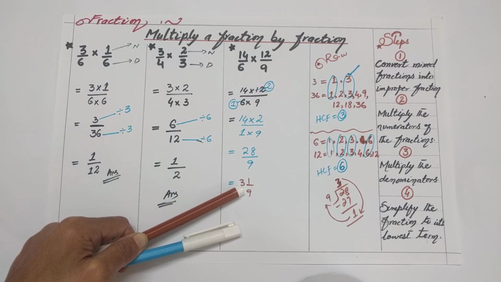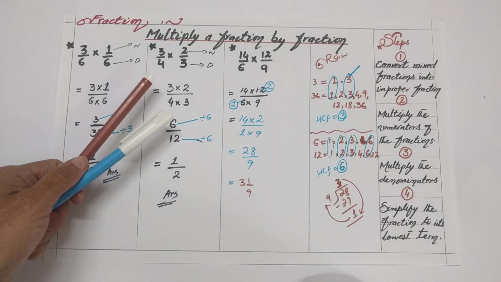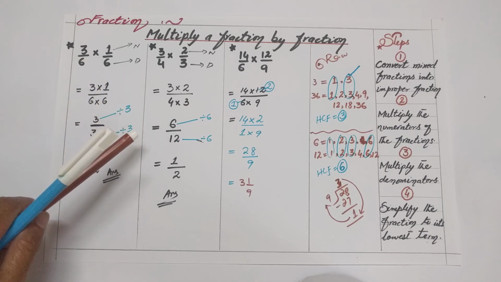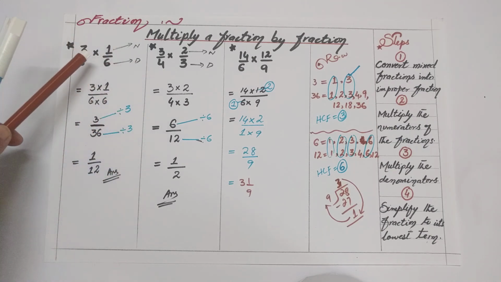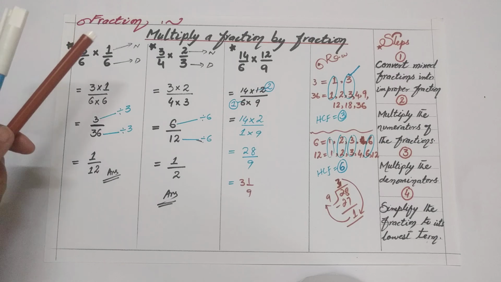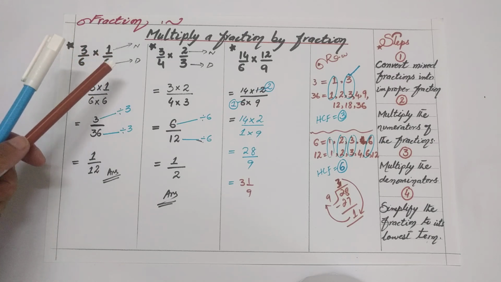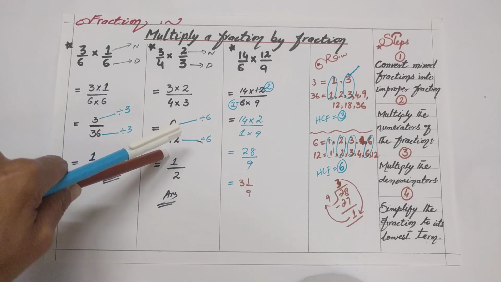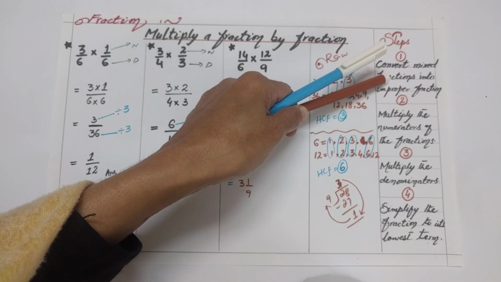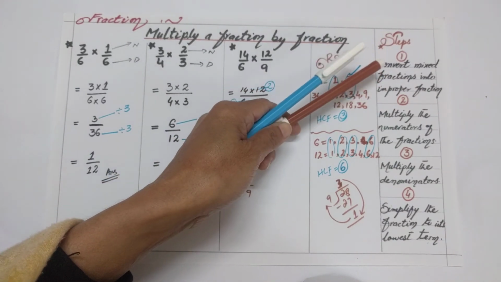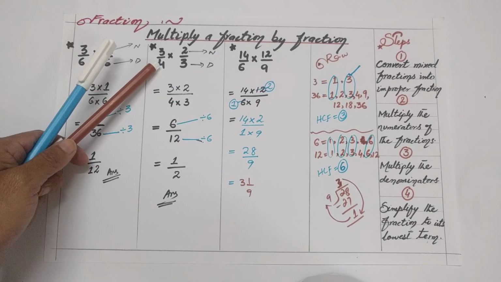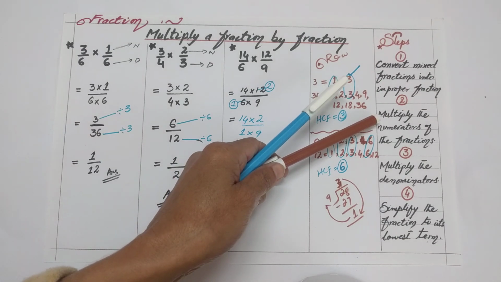Clear? So students, hopefully the multiplication of a fraction by a fraction is now clear to you. But I will solve one more example for you in a separate video, in which you will have a mixed fraction multiplied by a mixed fraction. The next procedure is totally the same in that example, but just for the first step I will solve one more example, converting the mixed fraction into an improper fraction, because here we have proper and improper fractions. That's why we are directly moving to the second step.